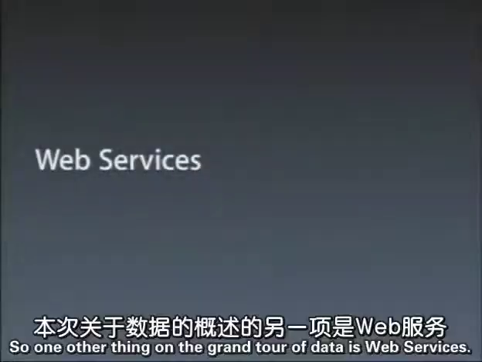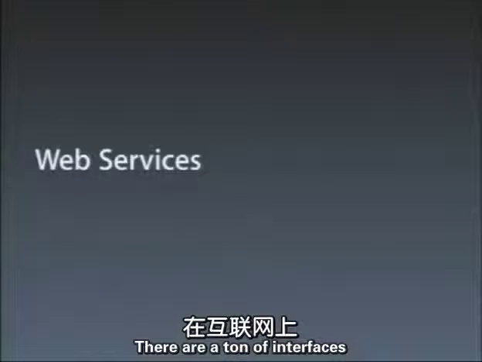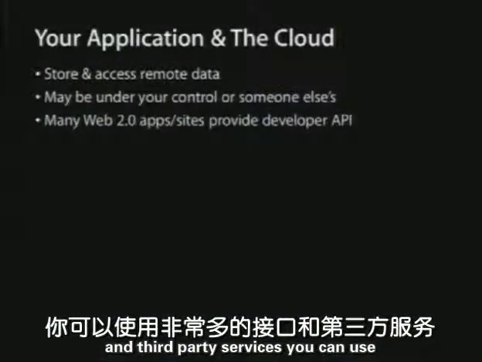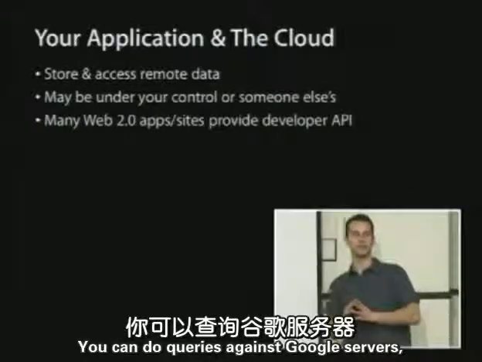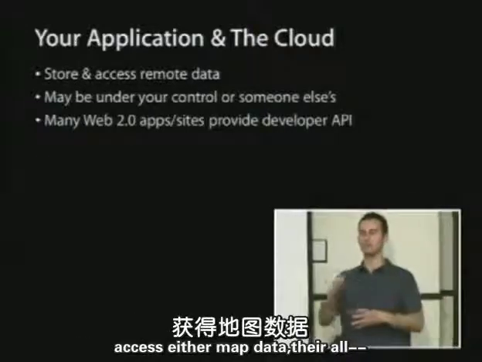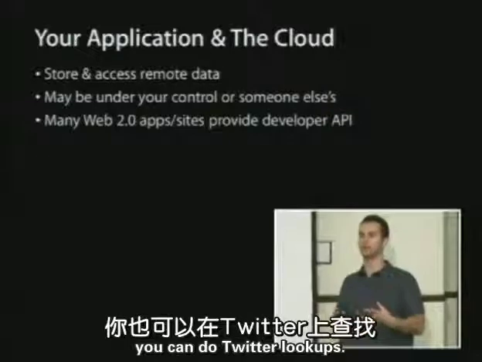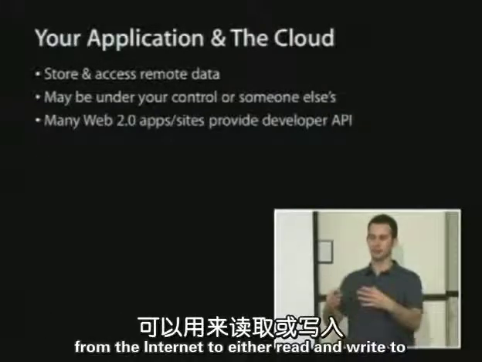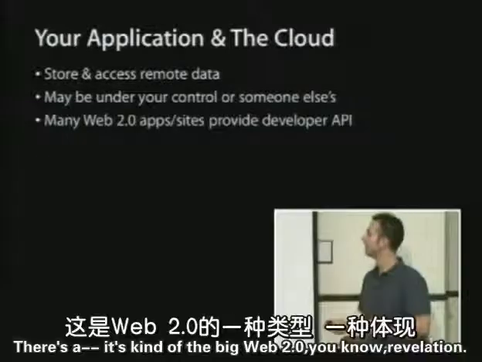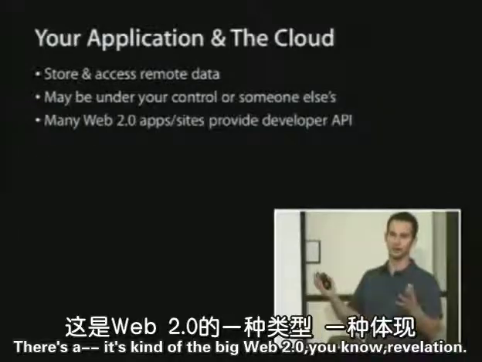So one other thing on the grand tour of data is web services. There are a ton of interfaces and third-party services you can use to access data on the internet. You can do queries against Google servers to access map data. You can do Twitter lookups. There's all sorts of ways you can harvest data from the internet to either read and write to and from your application. This is kind of the big Web 2.0,